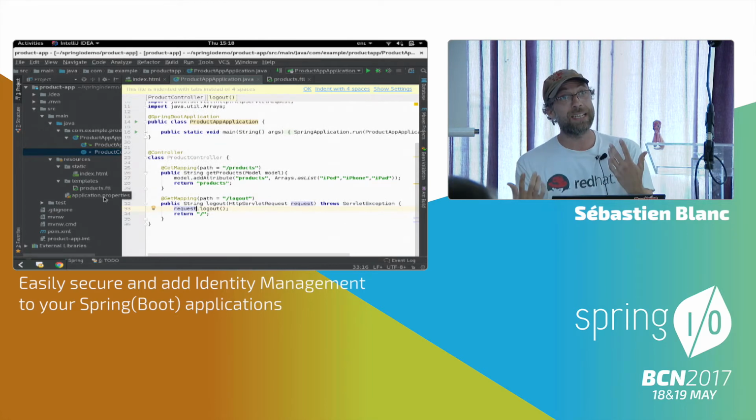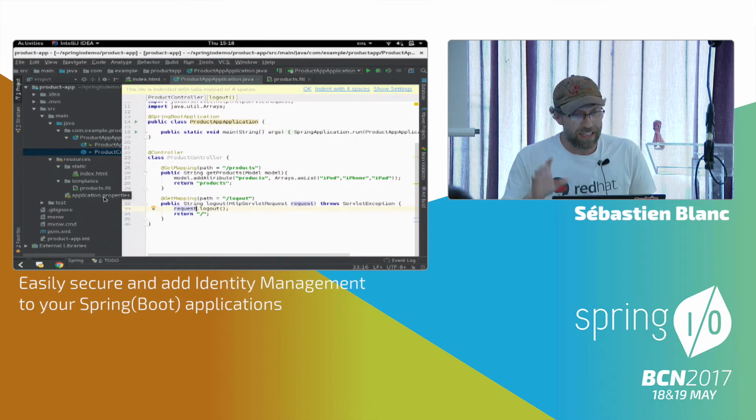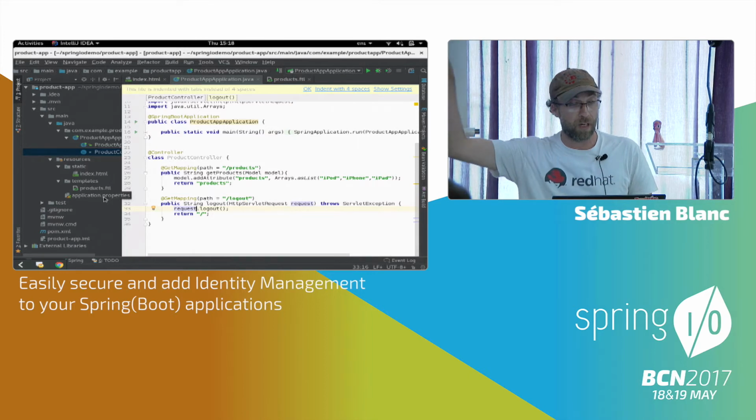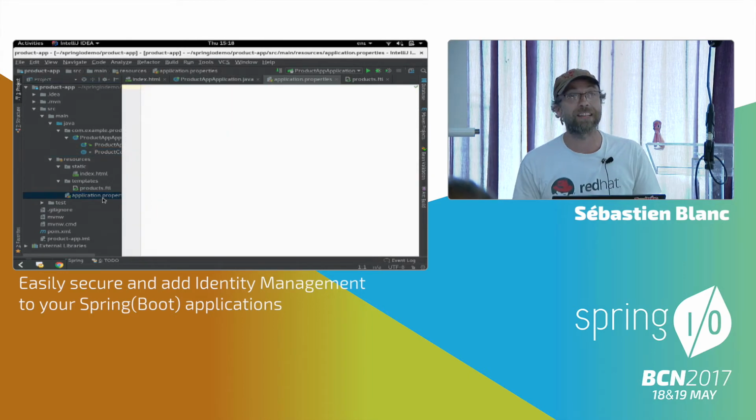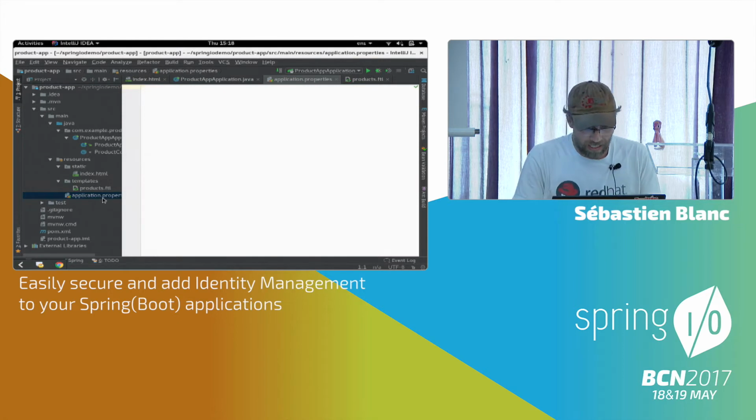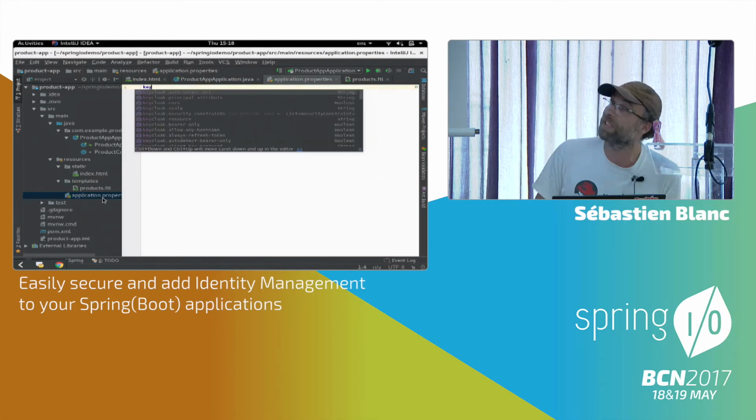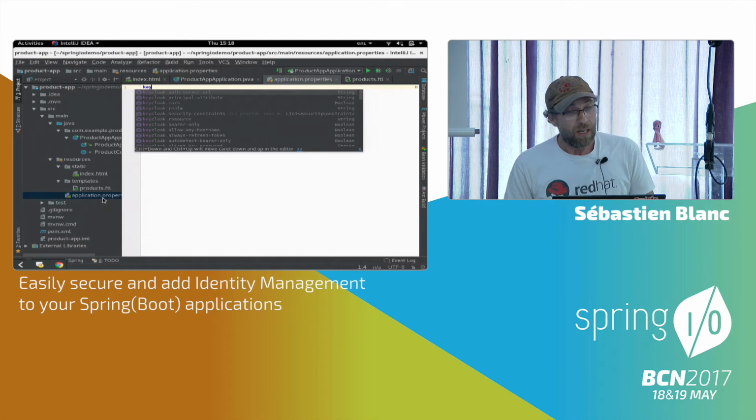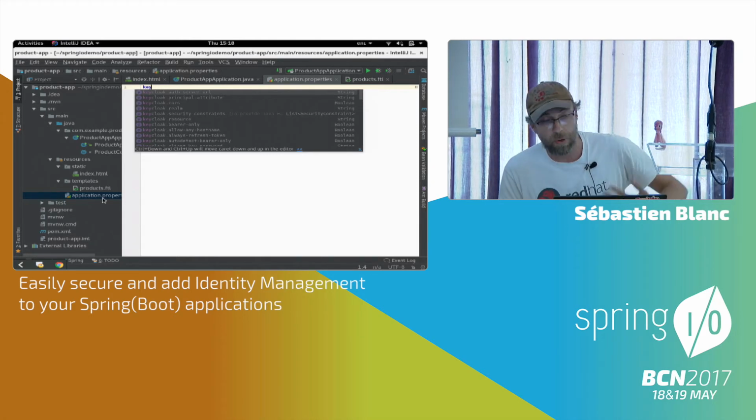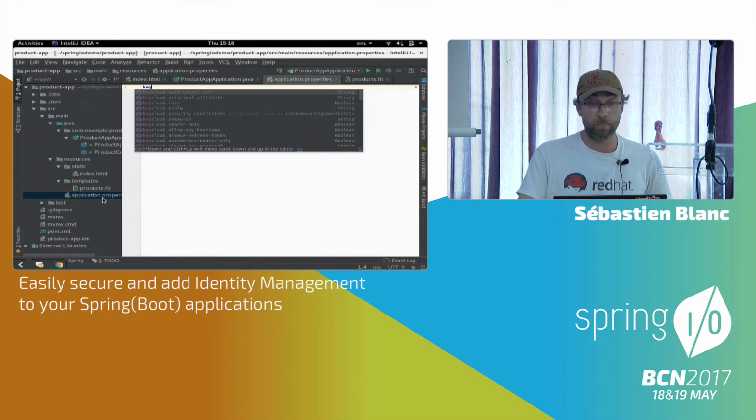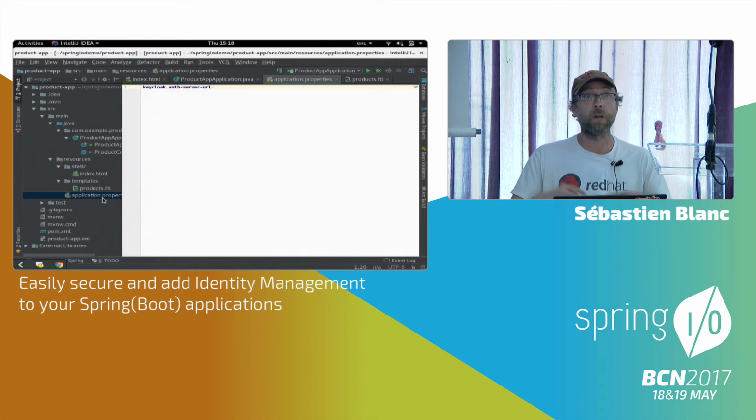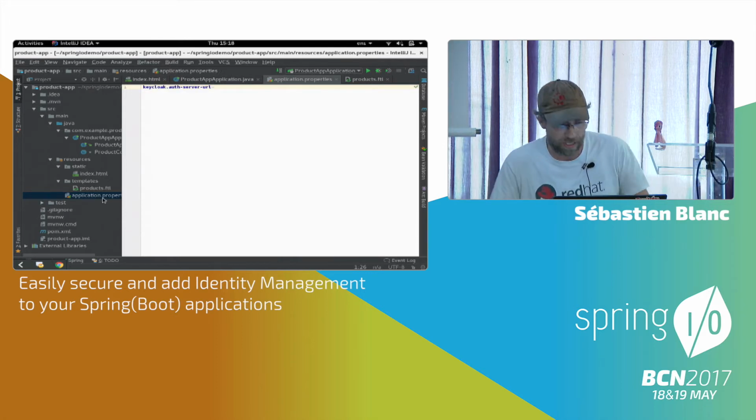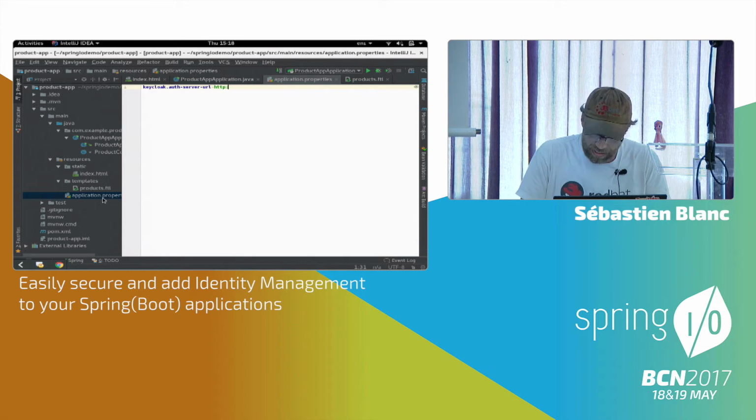Now let's integrate Keycloak with that. And the nice thing is I don't have to touch any part of the code here. All I have to do is add some properties. And if you type here Keycloak, well, you will see some code completion already. Let me go through the properties that are needed. The first one, really important one, is the auth server URL. So we need to tell where Keycloak is running. In our case, it's running on our localhost on